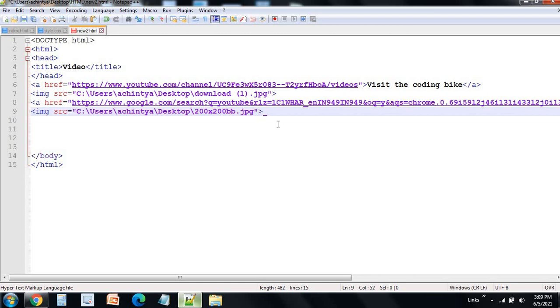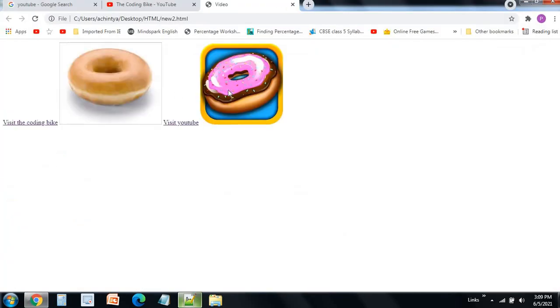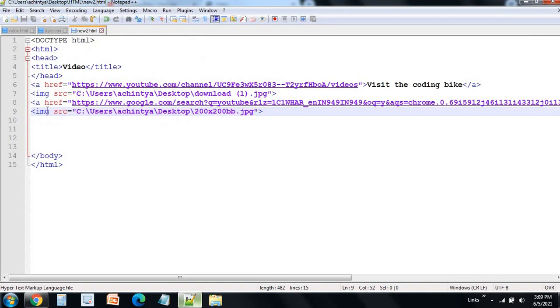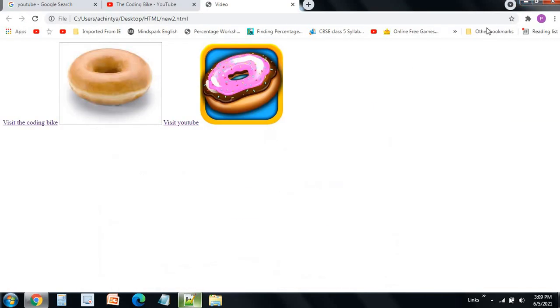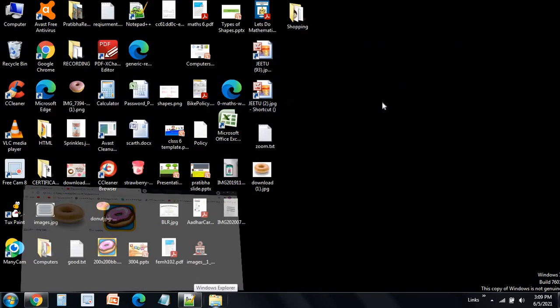So I just need to close this angle bracket, Control S, and run this, and you can see that this image has come over here. So you need to type img space src and make sure you don't make this mistake. Don't type the double quotes when you're inserting an image, because it automatically inserts them.